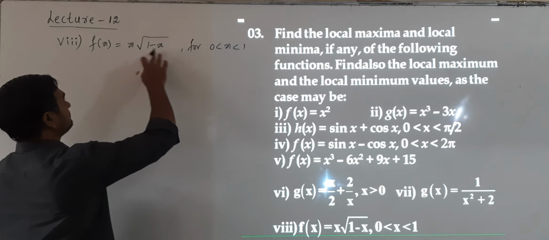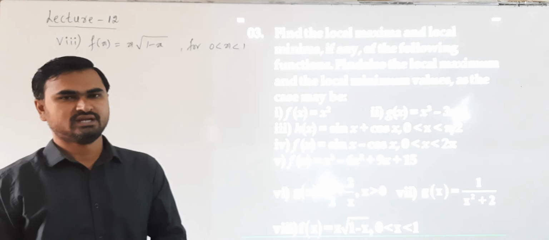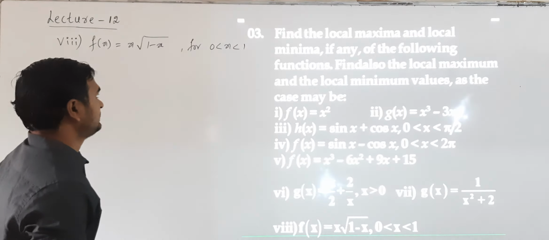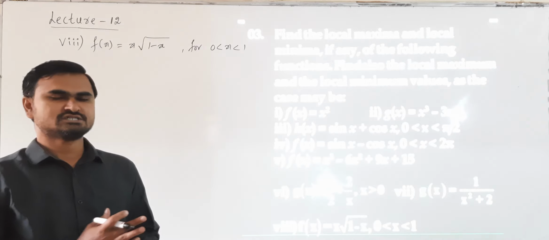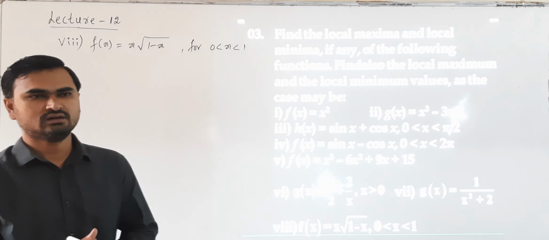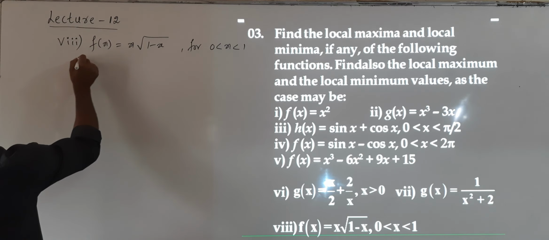So in this interval, what about this function? Is it having a local maximum or local minimum? Okay, so again, let us find the critical points. At critical points only, we know the function will have either local maximum or local minimum. So let us differentiate. So it is f dash x here.